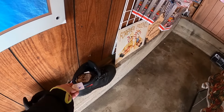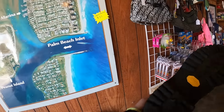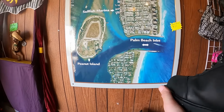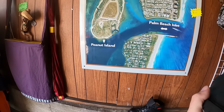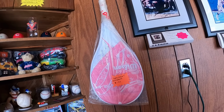These Red Wing boots here were cool, but at $50 I didn't get them. Maybe I should have. I don't know. He mentioned something about them having like nanotechnology. I don't know about that. They're in pretty good shape. Probably could have bought them, and probably could have gotten a pretty good deal on them